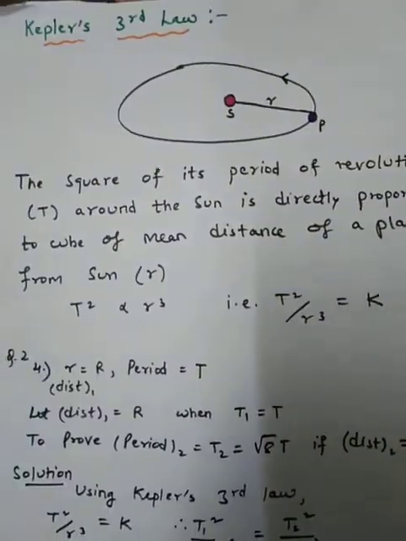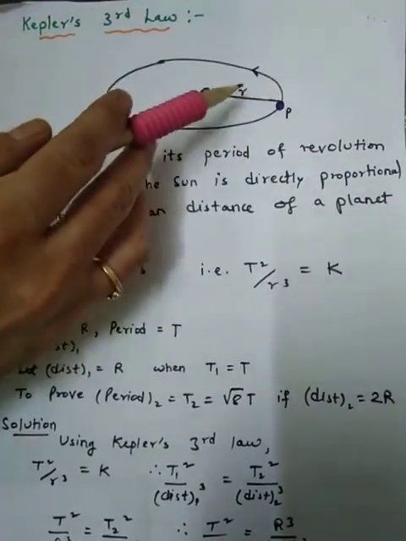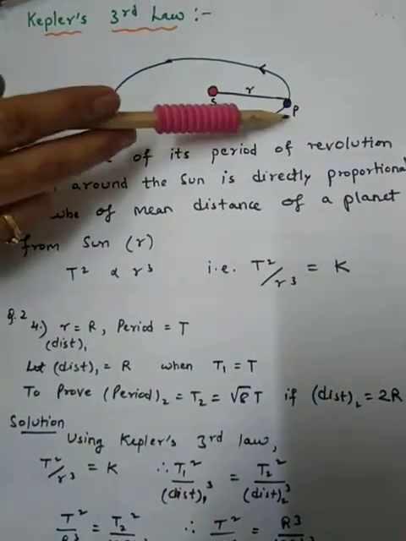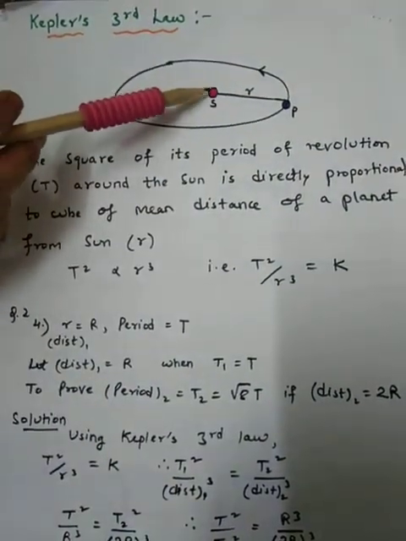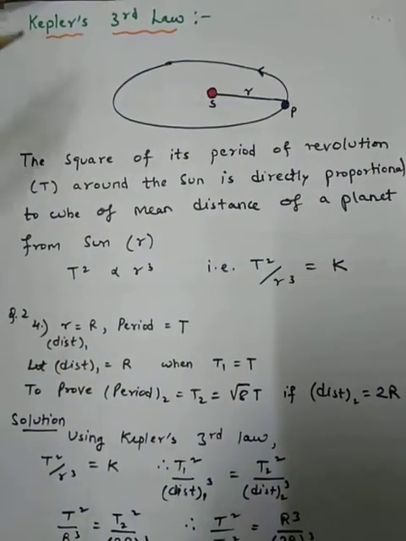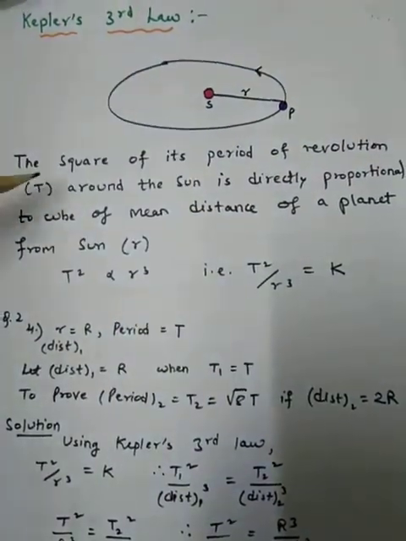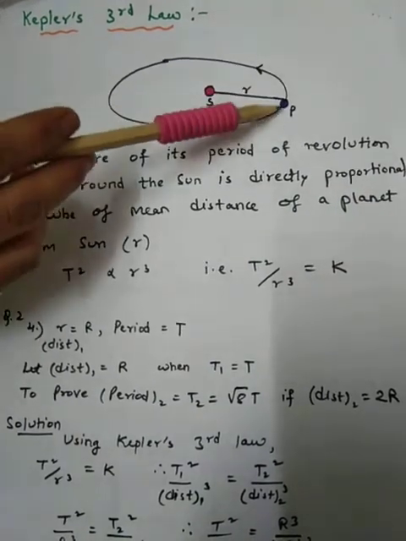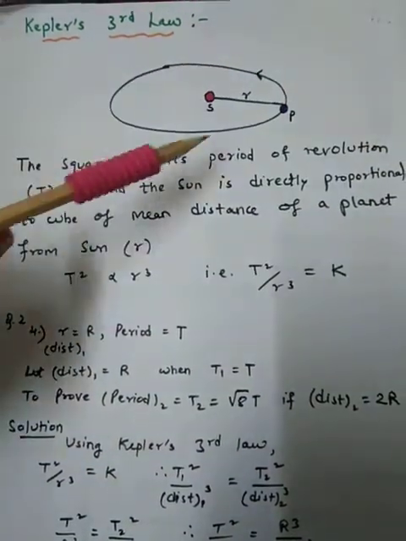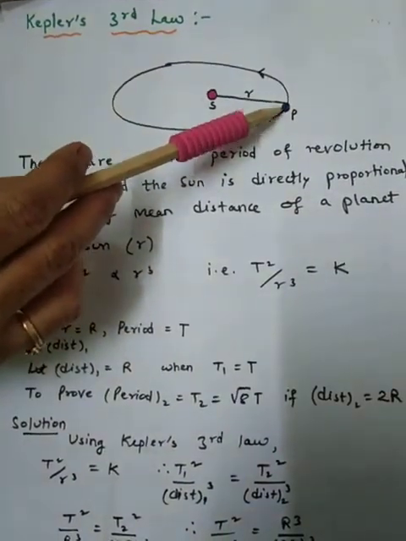To understand this, we have a simple diagram. This is the sun at the center and this is r, the distance between the sun and any planet, which I have denoted by p. Now, the mean distance between the sun and the planet is suppose small r. Then, what Kepler wants to say in this third law, the square of the period of revolution, that is denoted by t. By period of revolution, we mean that this planet is coming at the same position taking one round. That is called period of revolution. Revolution means one round taken by the planet when it comes to the same position.